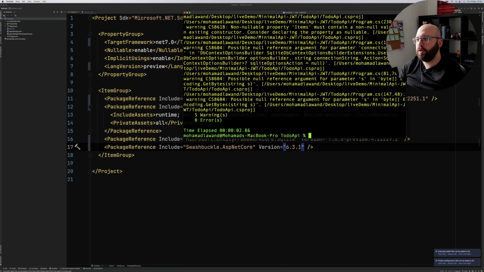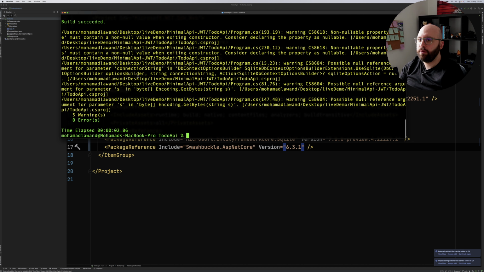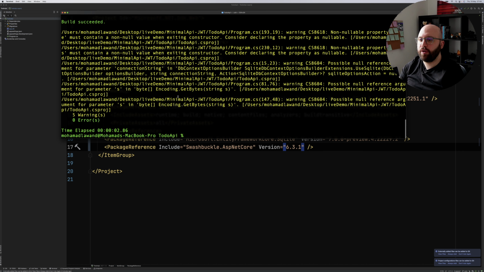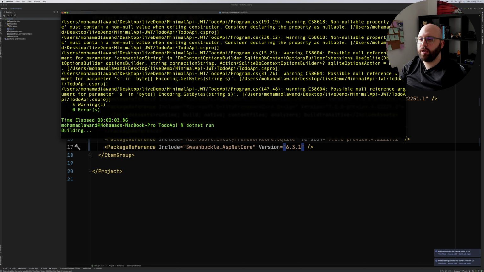Perfect. We got 5 warnings. That should be fine. Let us not worry about this right now. We can see that the build has completed. Build succeeded. Perfect. So now let's run and do a quick test on it. We'll get all of the information. Let's add the password